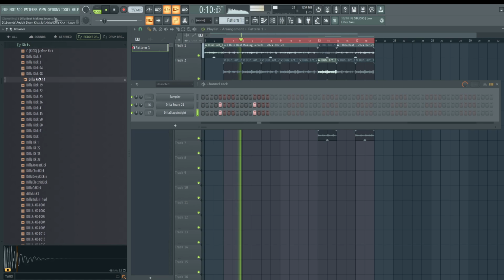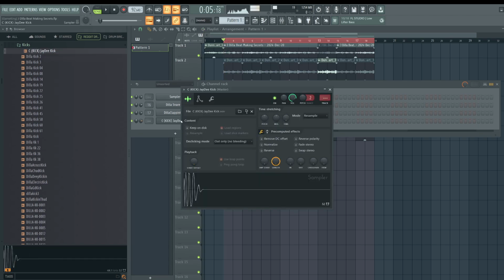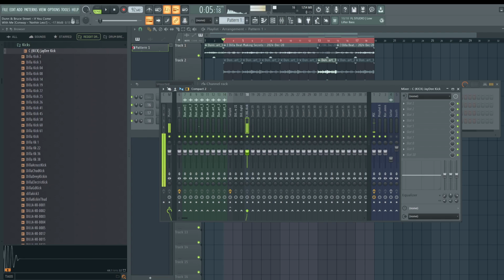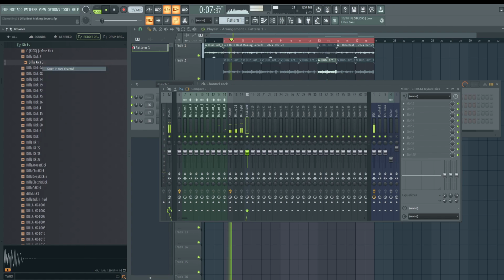Let's find a kick. Now, J Dilla's kicks, you want 2 kicks. One that is like a filtered kick. The other one is going to be a normal kick. So this one's nice and good. So this would be a filtered kick where it's very muffled. And then we need a kick that's a little brighter, like this one.